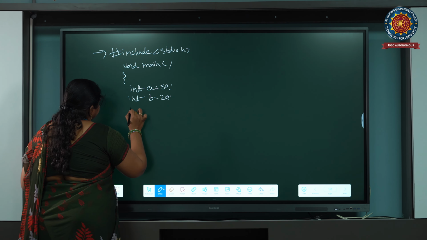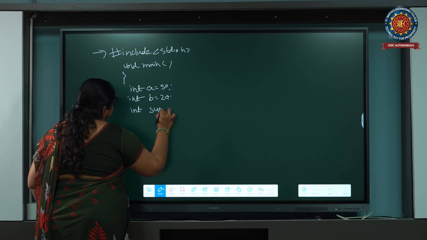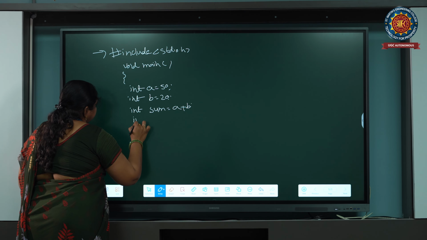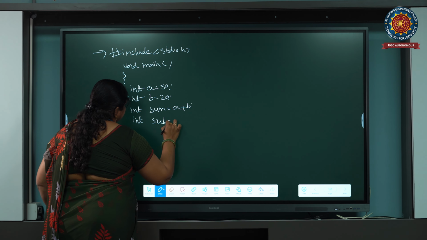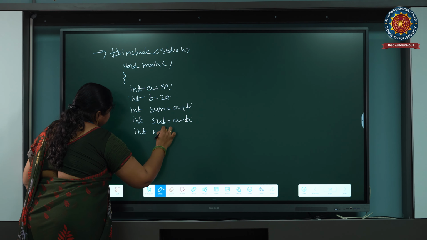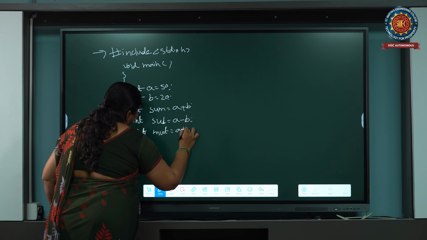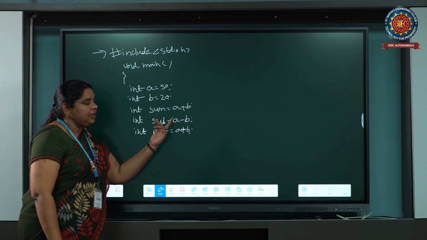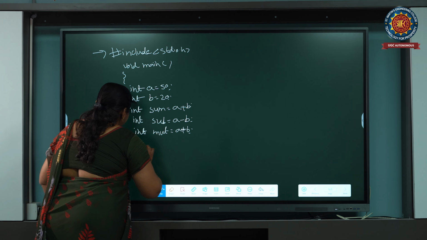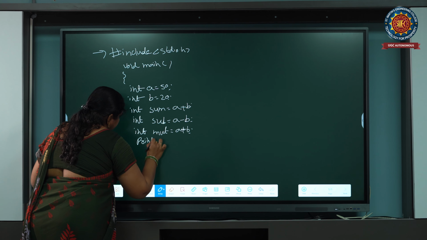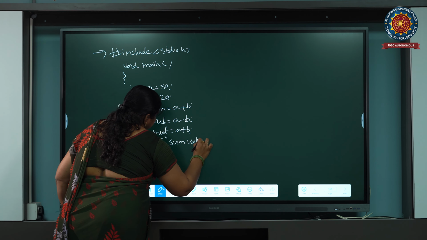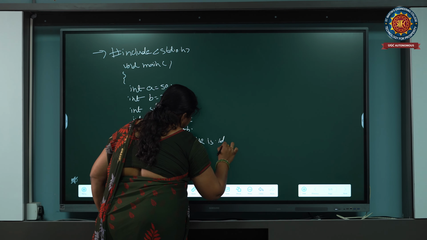I want to take the sum, the subtraction, and the multiplication. Then I want to print the summation of the two variables using printf. Sum value is %d slash n.